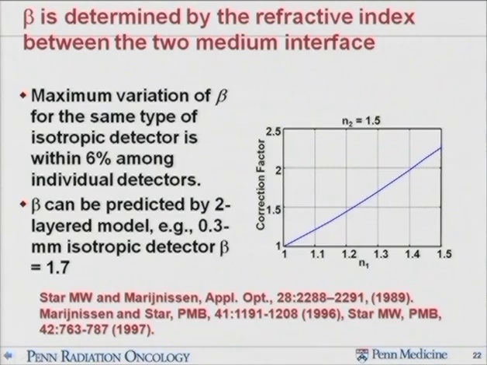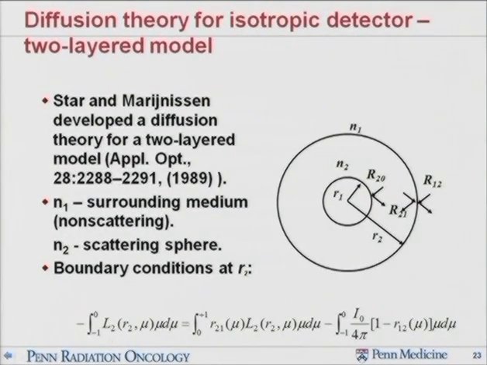And the magnitude is really in the same ballpark of the value we have. For example, for a 0.3 millimeter isotropic detector, from this calculation you get beta equal to 1.7, which is the value that we have measured for this particular detector. And theoretically, the reason for that can be explained by this so-called two-medium model, where you have